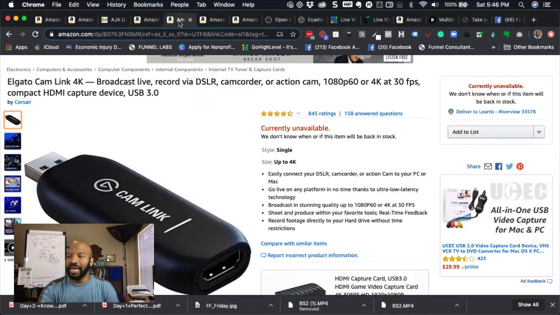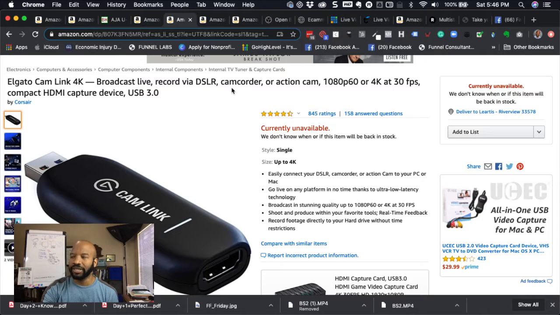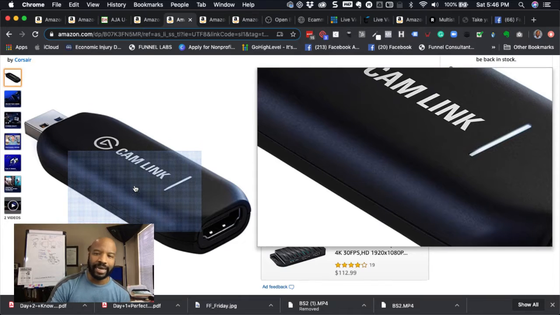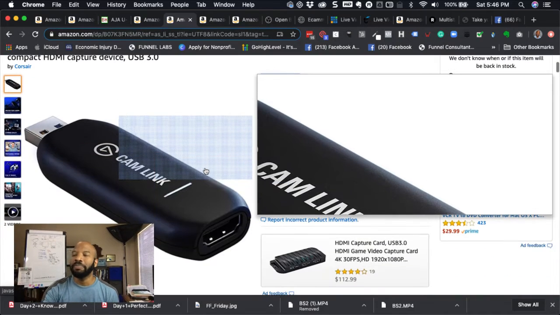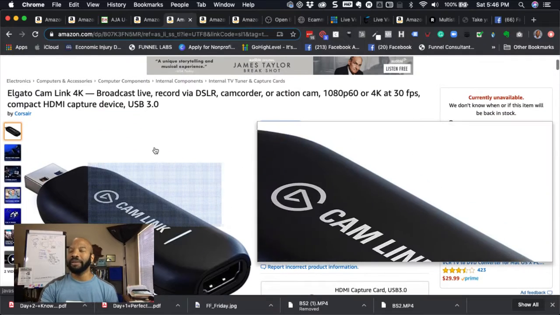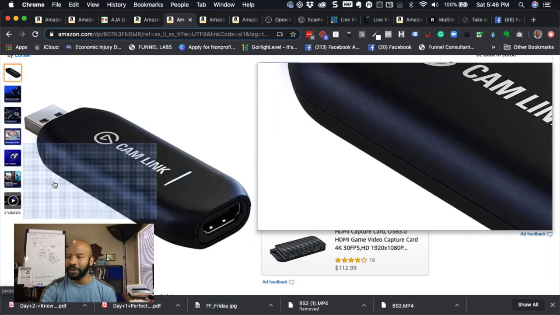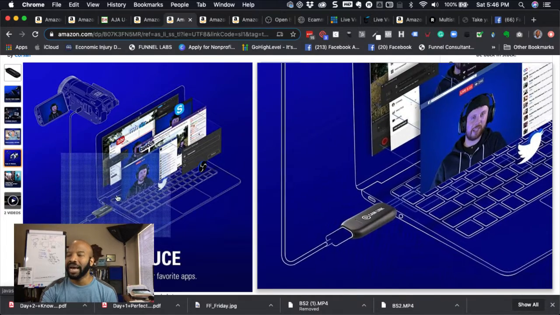The other option is the Cam Link, right? If you've decided to use a DSLR, these have been a little harder to get my hands on lately. In Amazon, you have to keep checking back and forth. Right now they're not available, but keep checking back because they are popular and they're simple. You plug it in right here, and you plug this part into your computer, bada boom, bada bing, okay?